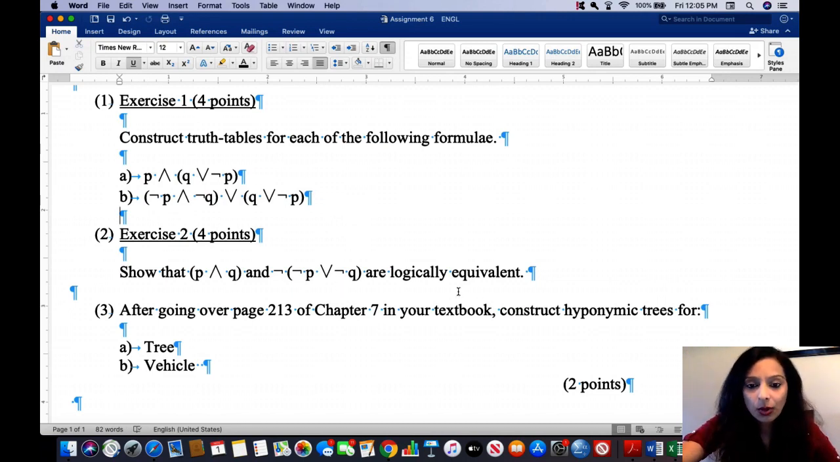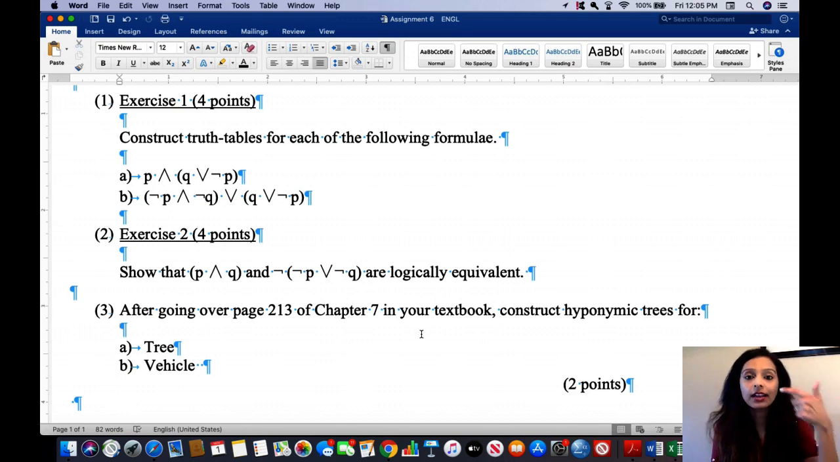And then for exercise 2, I want you to prove logical equivalence. So I want you to show me that P and Q has the same truth table as negation of P or negation of Q. And then I've given you an easy one where I want you to construct hyponymic trees